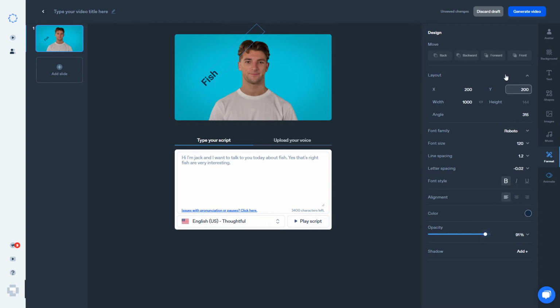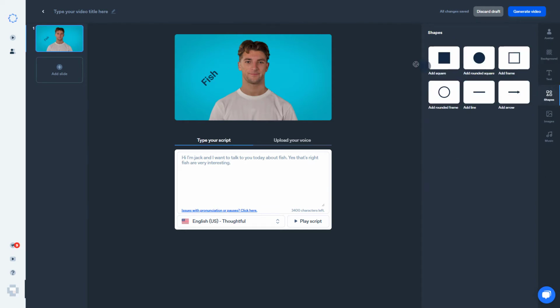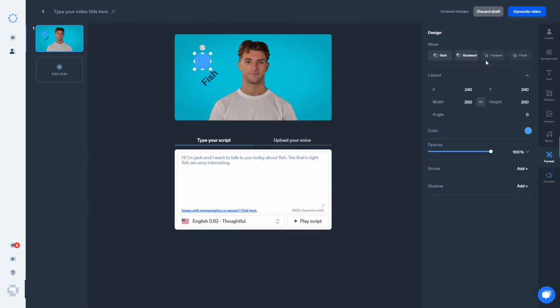Change the opacity down slightly, and I'm going to put in a background. Actually, I'm going to put in a shape. I'm going to click here and put this in like so. What's nice is it works with layers, so I'm going to put it towards the back, and so I've got this nice element in the background.